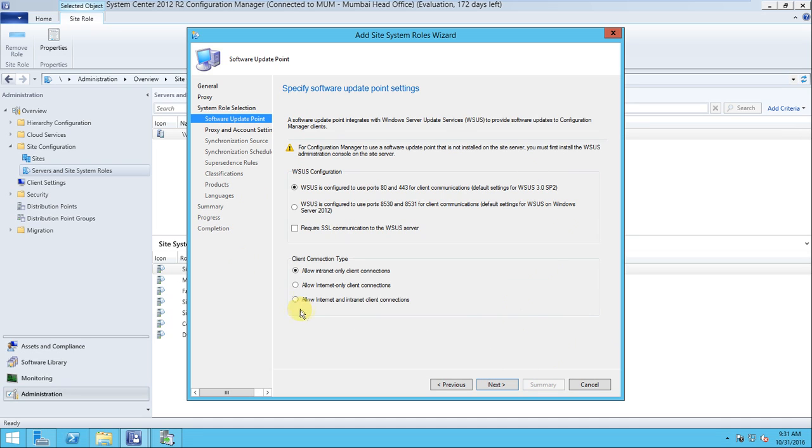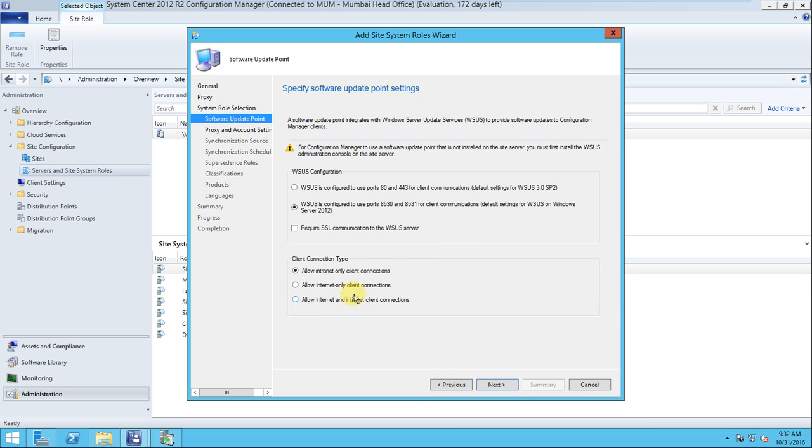It asks some points you need to read carefully before you click next. See, it says WSUS is configured to use ports 8530 and 8531 for client communication by default, and WSUS 3.0 Service Pack 2. But I don't have that; it's a Windows Server 2012, right? If you look at the second point, it is for 2012, because I think we installed the WSUS role from the 2012 server. We didn't install it manually for 3.0 Service Pack 2. So you have to check this box, and you can say allow internet client connection. See, the first point is internal clients only; if you check that, the updates will be